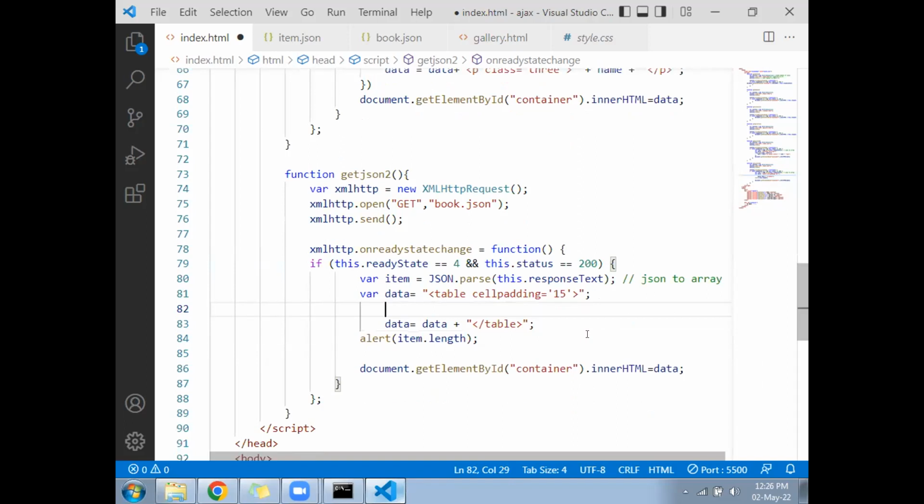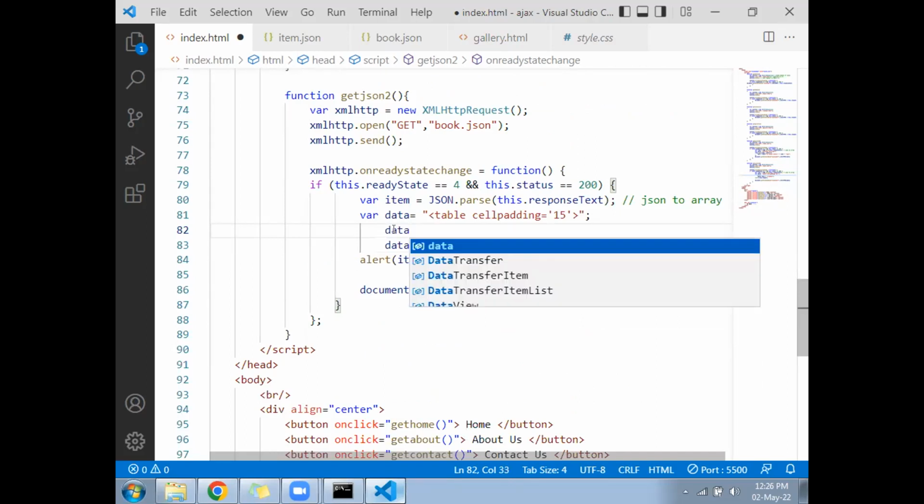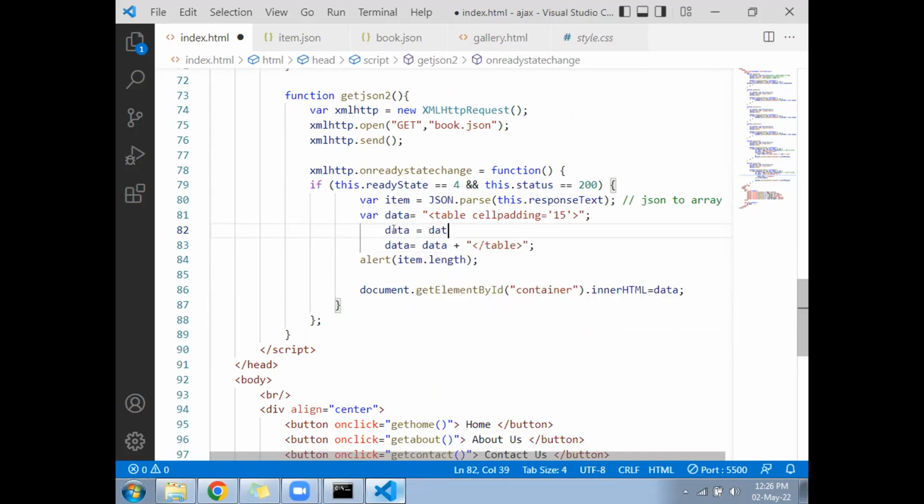Next, after that, you have to write again data equal to data plus open the